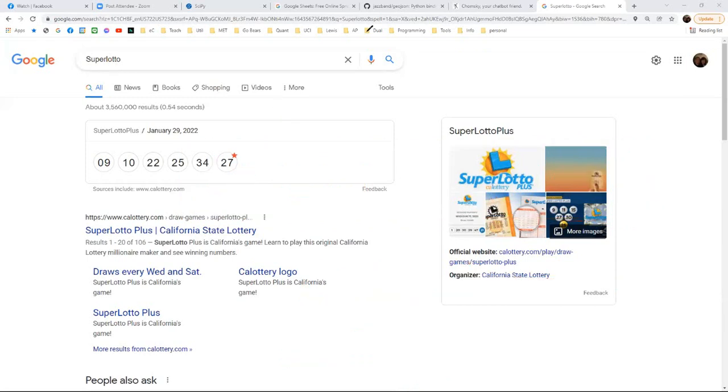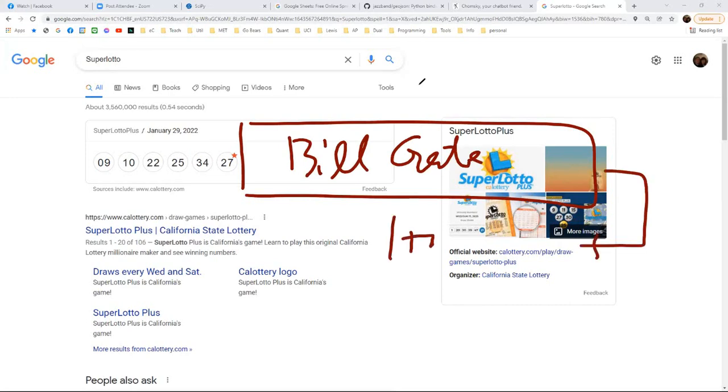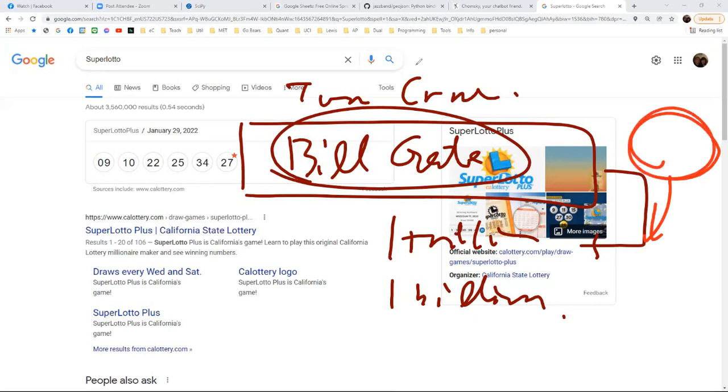So here you enter Bill Gates, and you return 1 trillion. Tom Cruise, and you return 1 billion. That's actually just a translation system, and how you do the evaluation is what your program should do.